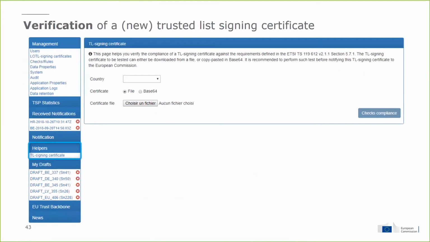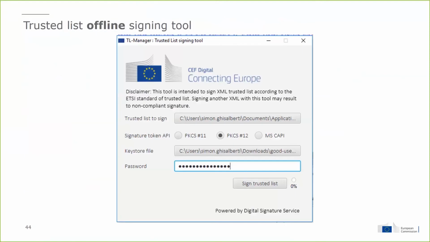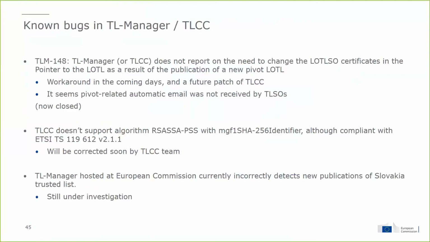It will perform all the tests under section 5.7.1, the checks that were listed by Olivier Delos regarding the content of the signing certificate. Offline signing tool, here is how it looks, but I think the best is afterwards to go for a demo. It will be more self-explanatory.